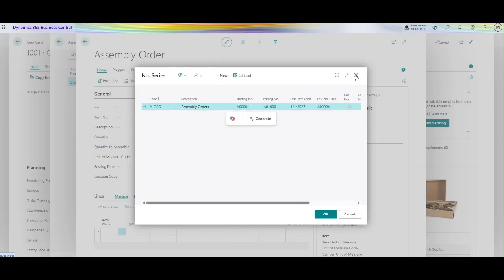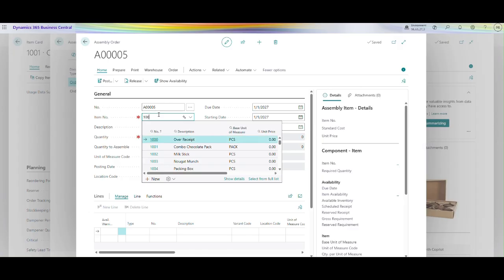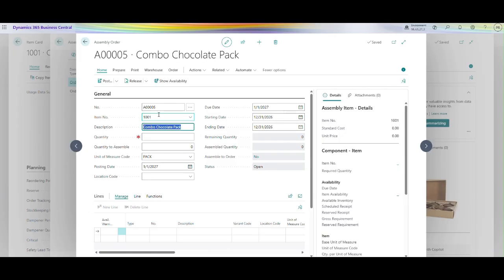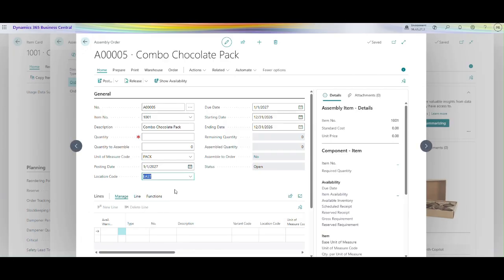You can see that. Let me define here the item number, that is the finished good item number 101. And here is the location we have to define so that we can get the stock availability. For the time being, this is the East location, that is not configured with the warehouse, right? So this is the normal location where we are going to